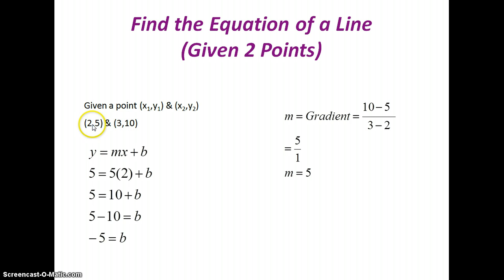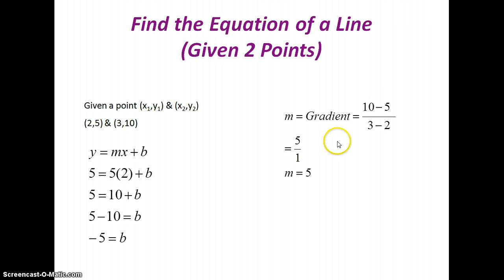In this example, we're using the first point. That's why when we replace the value of y, we use 5, because the y coordinate of this point is 5. Equals 5, and this 5 is your m or gradient,